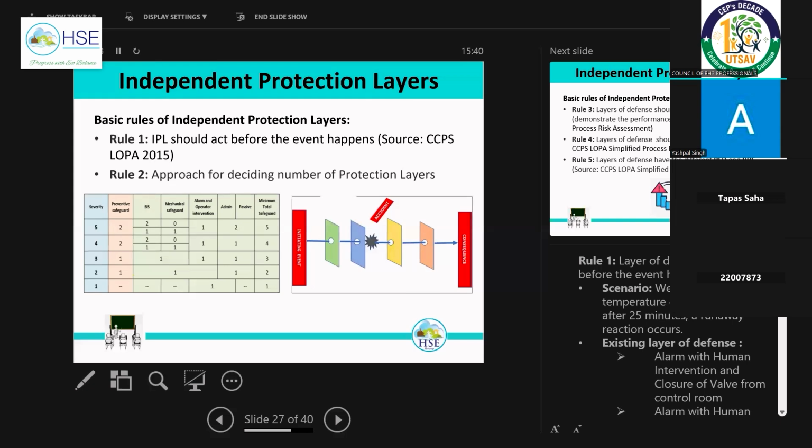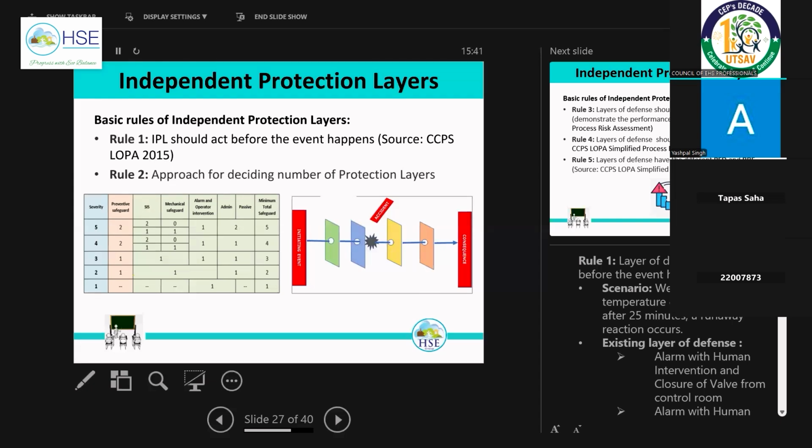A few companies go for 3 also. That depends upon the company and their progress in PSM. If PSM is already established, I recommend 3 minimum preventive safeguards. Otherwise, you can consider 2 also. So basically, we can club the controls, SIS and mechanical safeguard. In case of 2 preventive safeguards, we can have 2 control systems, or 0 mechanical safeguards, or 1, either way. So that is a basic